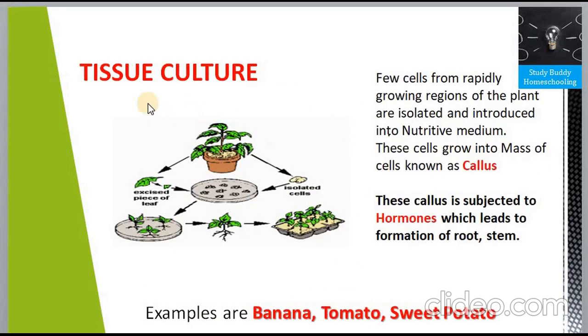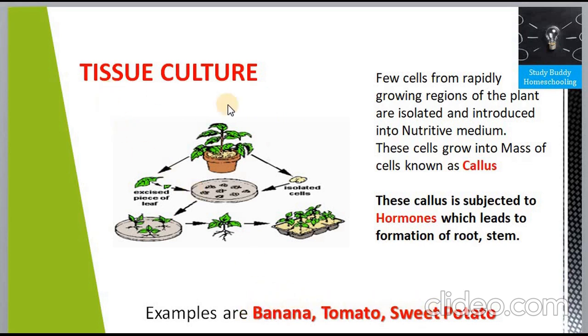Next we'll move to tissue culture. This is one of the common techniques followed by horticulture department people, and even in nurseries people follow tissue culture. This tissue culture works on the principle of totipotency. What is totipotency? It is the ability of an individual cell to grow into a complete organism. You will have to remember that not all cells are totipotent. Only a few of the cells can be totipotent and can give rise to the whole plant itself. So this is the technique behind tissue culture, and banana, tomato, sweet potato are best examples of how they can be